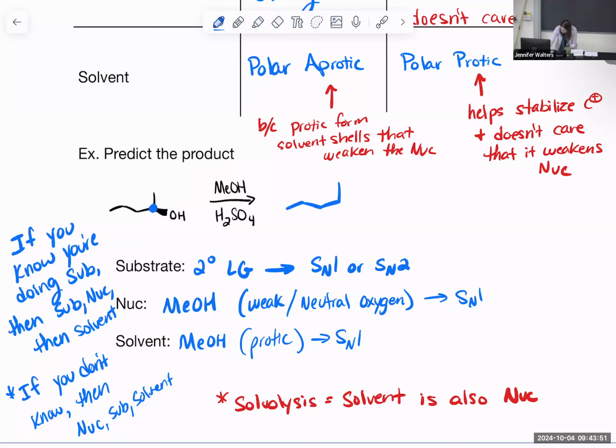So then the last thing to consider is the stereochemistry of it. Remember that with SN1, you're going to have racemization of your stereochemistry, where you get both inversion and retention. So you can either show it as a straight line, because the line means 50% wedge, 50% dash, or